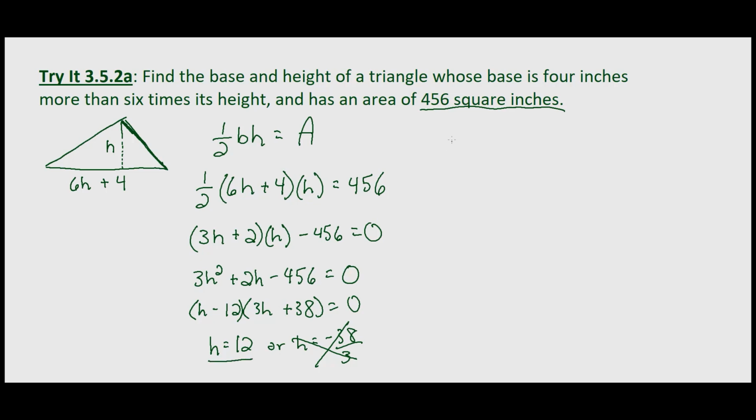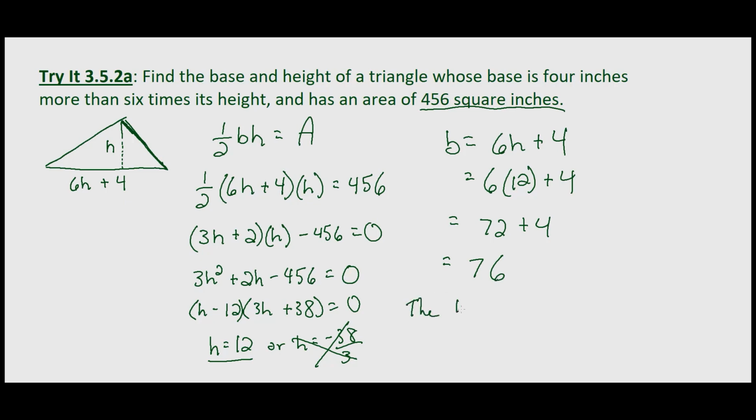So let's look at the base. Well, we know the base is what we substituted, 6h plus 4. 6 times the height plus 4 inches, so 6h plus 4. That equals 6 times, we determined our height to be 12 inches, plus 4. 6 times 12, so that equals 72, plus 4, which equals 76. Now what this means is that the base is 76 inches,